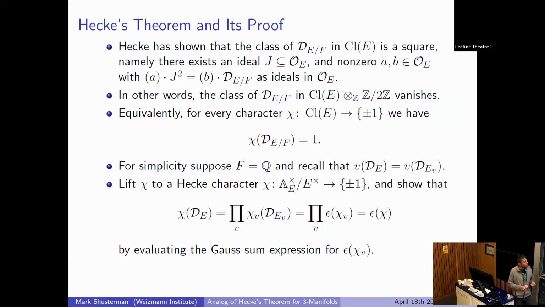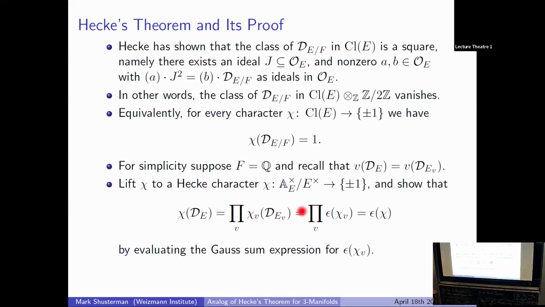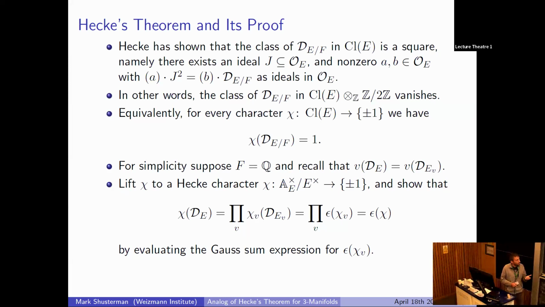And then one of the most significant steps is hidden in this simple equality. What you see on the right hand side, this epsilon, is something called the epsilon factor. Sometimes it's also denoted by W in certain books. And this is a factor that appears in the functional equation of the L function of these characters chi and chi_v. So the functional equation is a certain symmetry between s and 1 minus s. And it's not a perfect symmetry. There's a certain extra factor that appears there, and this is sometimes called the epsilon factor.